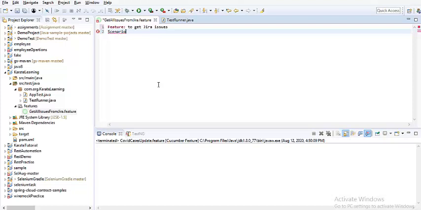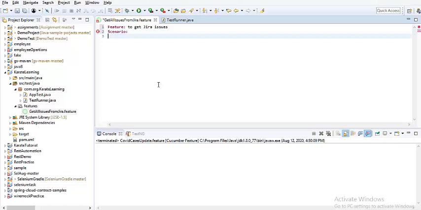So I'm just going to have a very basic thing. I'm not using all that a feature file can take, like background, scenario outline or examples and all that. So let's just go, and as we go forward, let's have all of them implemented, but let's go very slowly and step by step, guys.